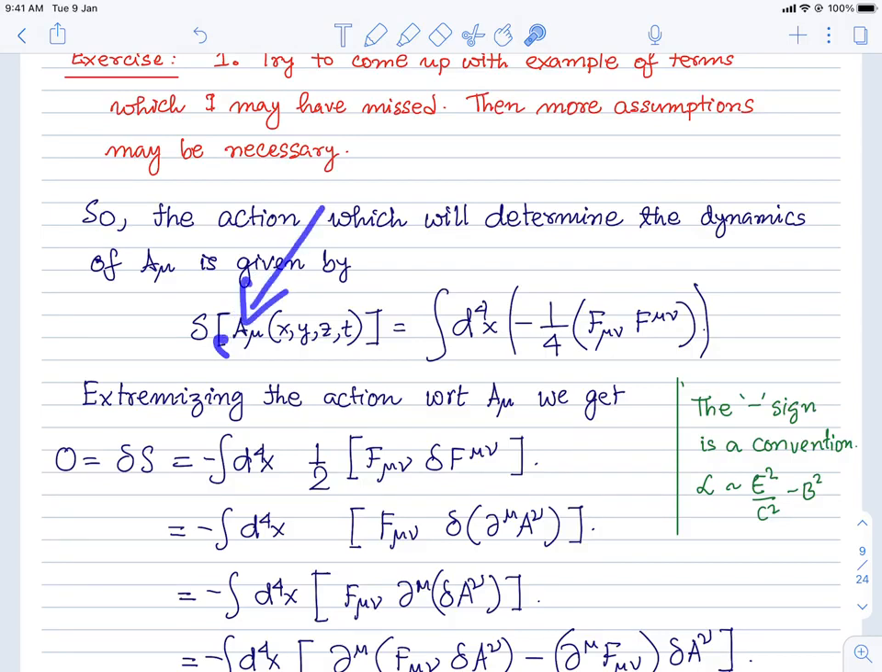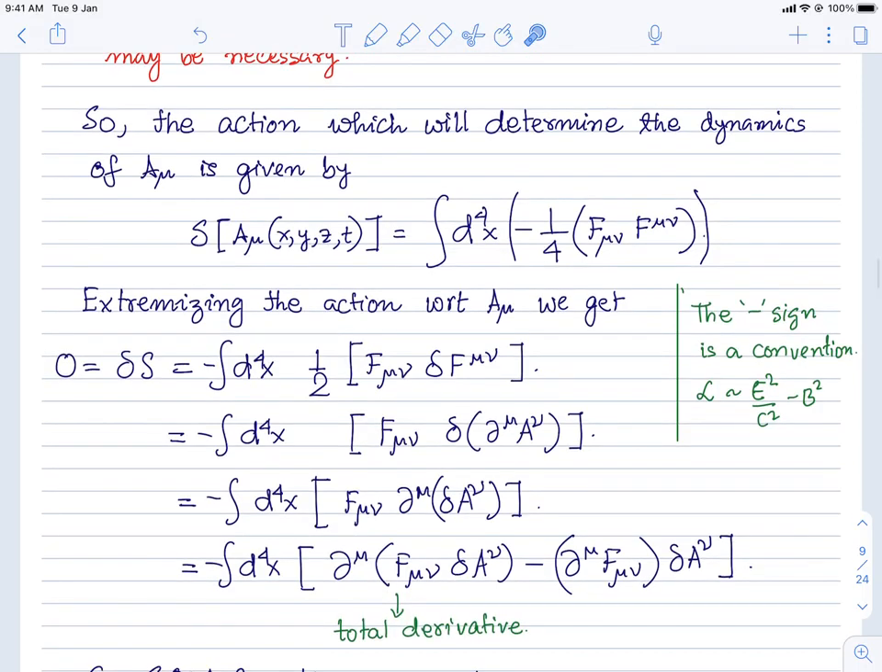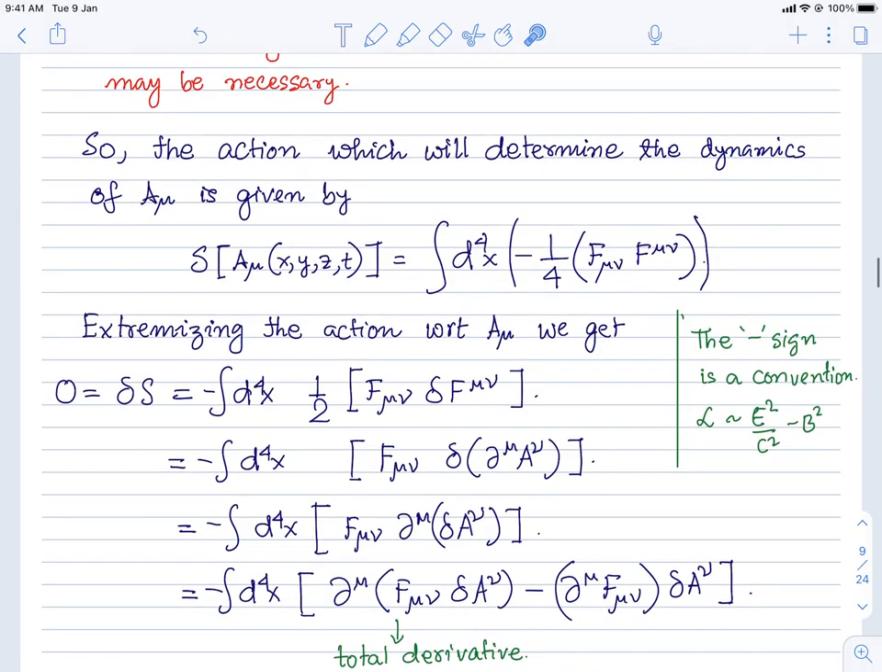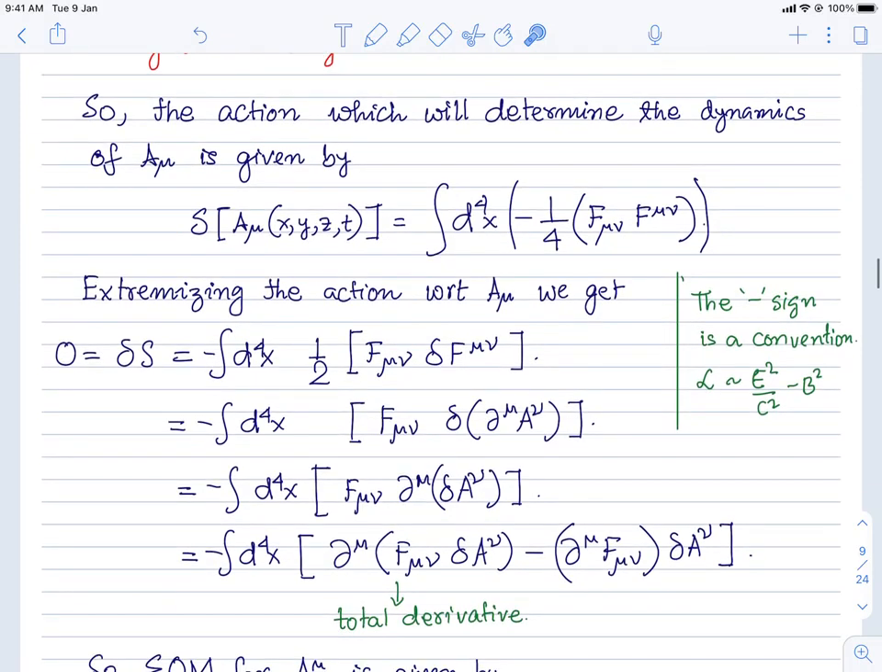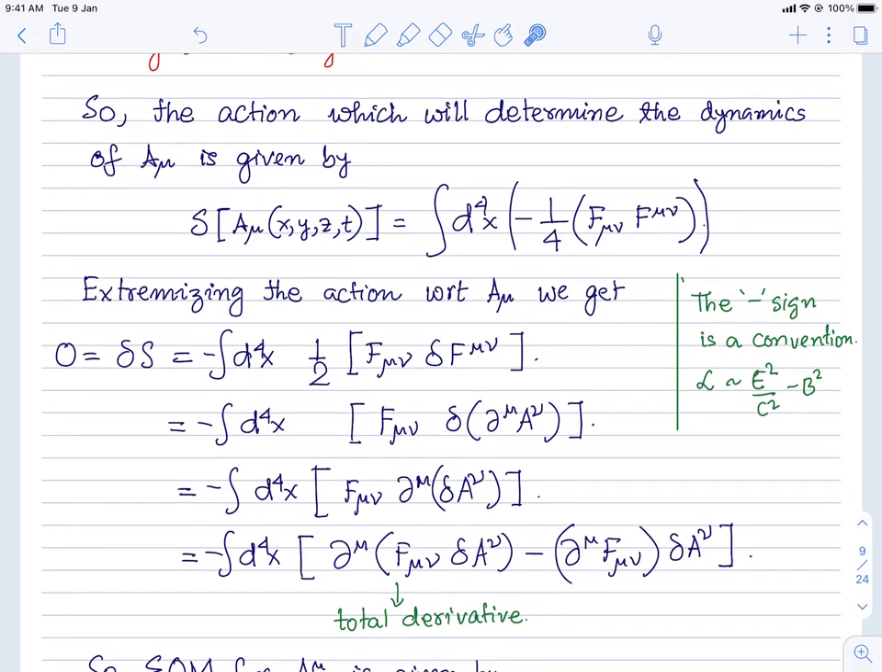When I say a gauge field, I mean it's the four vector potential. So you should take the action and vary it with respect to the four vector potential. And if we do that, then you see what happens. So firstly, for extremizing the action, we should set the variation to 0. And when we take the variation,